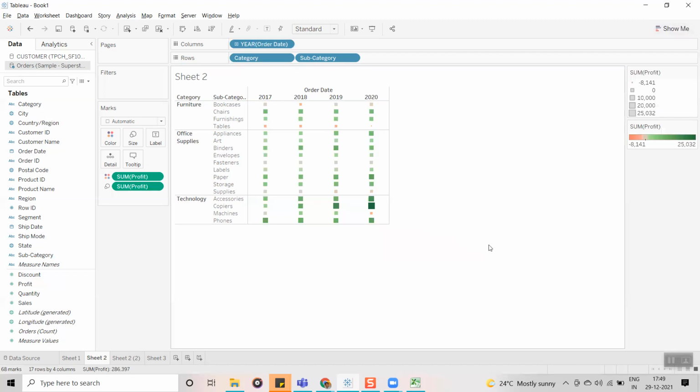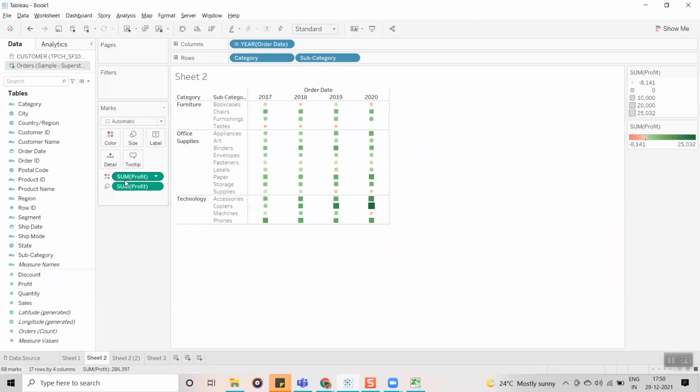For example, how are you going to display two measures? For example, I want to display sales as well as profit in the same visualization. How are you going to display it? Here people might ask, is it possible to display color based on two measures, sales and profit?